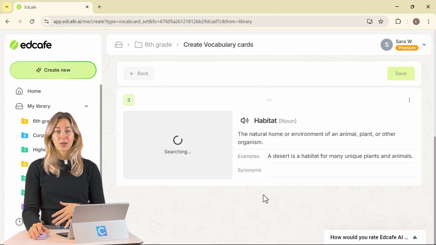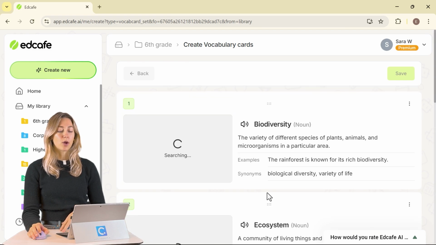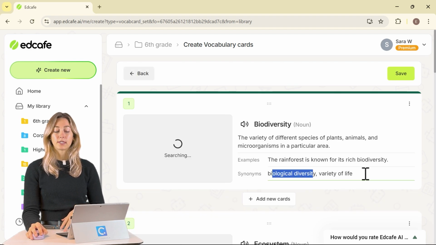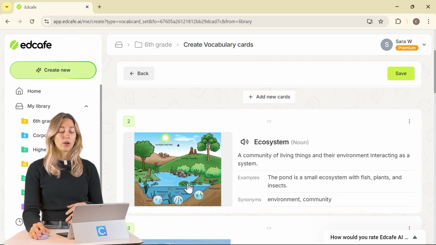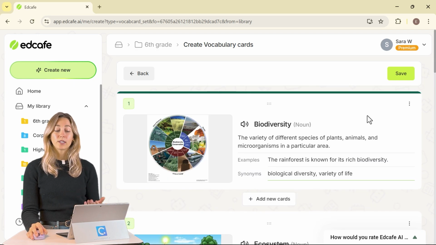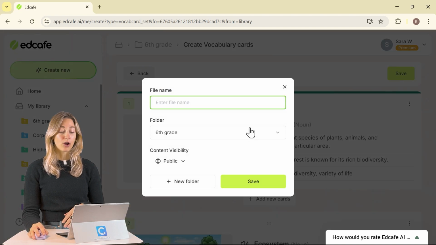Here, as it is generating them, we can go ahead and take a look. So it'll have our word here, a definition of that vocabulary word, some examples, and some synonyms for that word. You'll see that it also generates some images to go along with those words. So once we actually save our vocabulary cards,